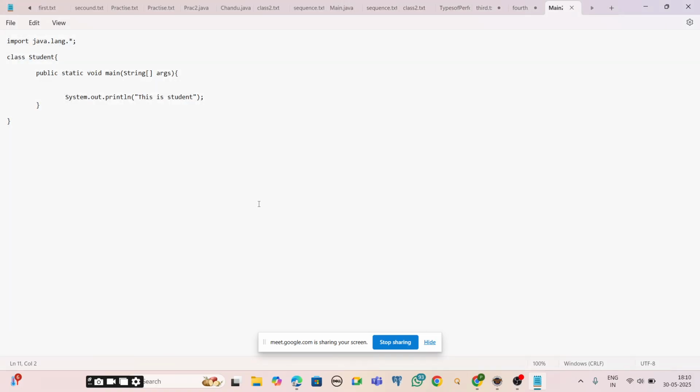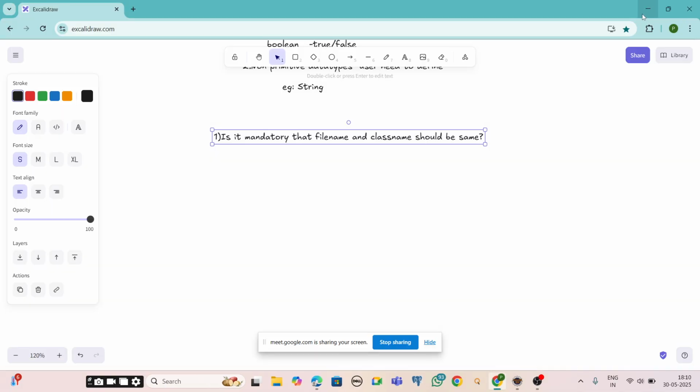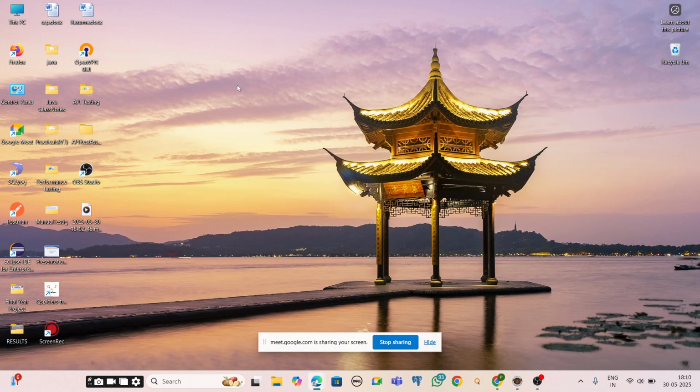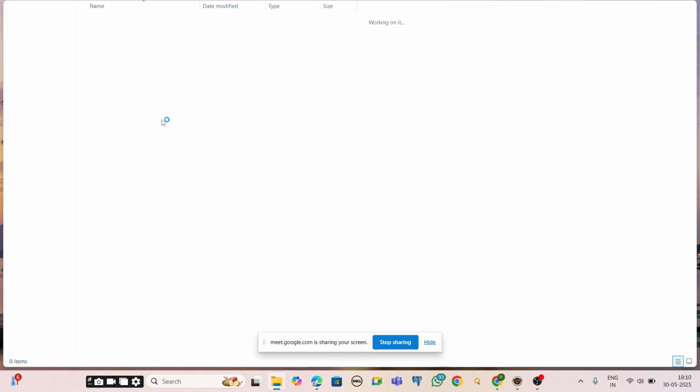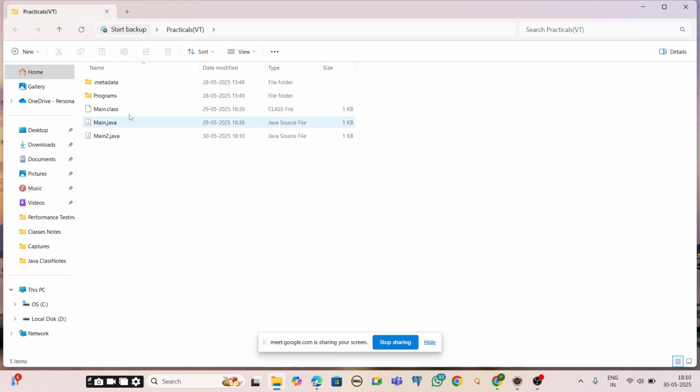So I saved it successfully. Let me close this Notepad and go to the location where my file is present. If you observe here, this is main2.java. Here the java file is there.